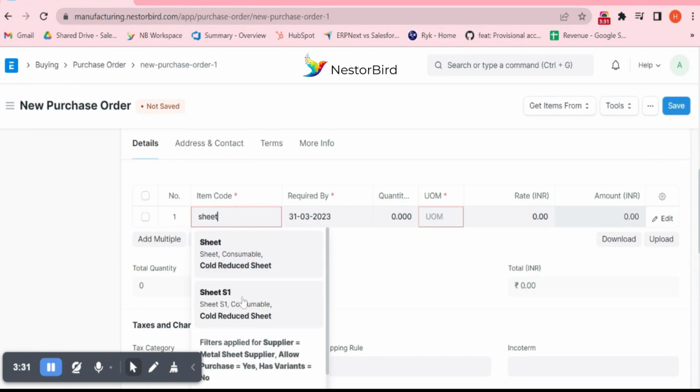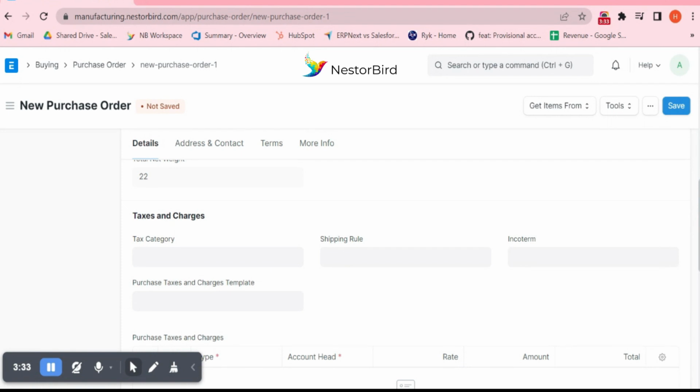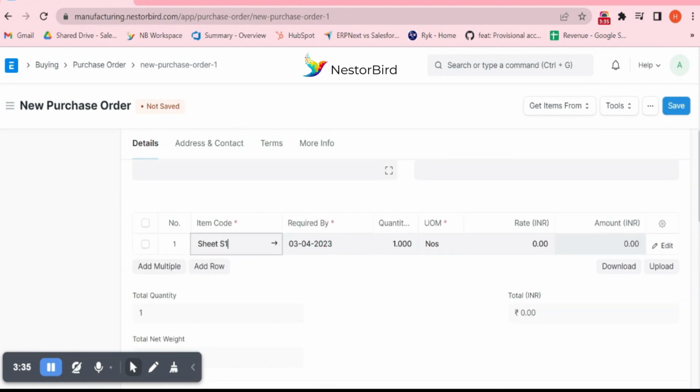Yep. So I have these two items listed. So I'm taking sheet S1, right? You can manage the quantities. The unit of measure is numbers. I'll be buying number of pieces. This time I'm not buying in kgs, I'm buying in number of pieces. And you can put the rate. For the first time, you have to put the rate, and from next time it will be updated in the pricing list, and it will be updated automatically,